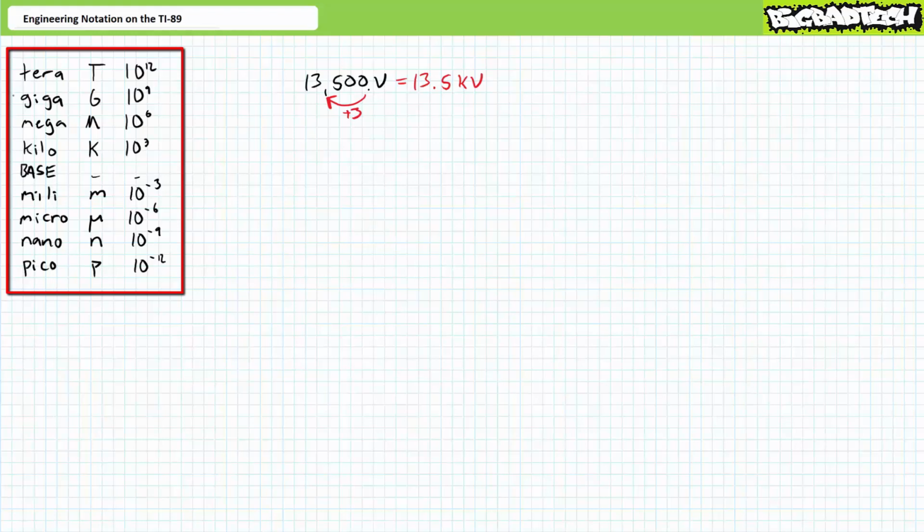The next smaller prefix is the micro, abbreviated as a funny looking U with a long tail, equivalent to 10 to the negative 6 or 0.000001. The next smaller prefix is the nano, abbreviated small n, equivalent to 10 to the negative 9th or 0.000000001. Finally, the next smaller prefix is the pico, abbreviated small p, equivalent to 10 to the negative 12th or 0.000000000001. These negative powers of 10 in steps of 3 are associated with rightward shifts of the decimal place from